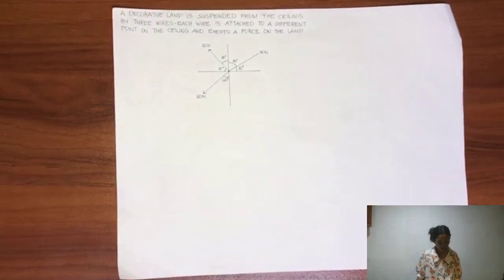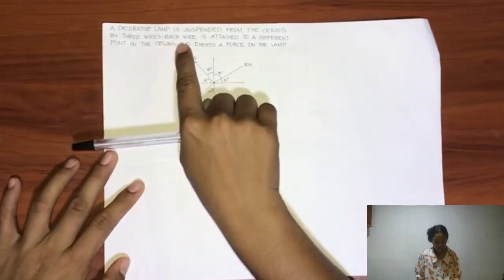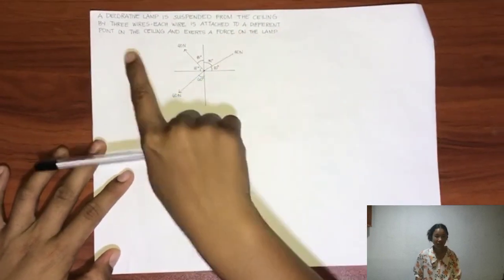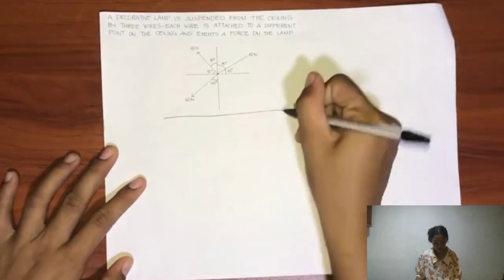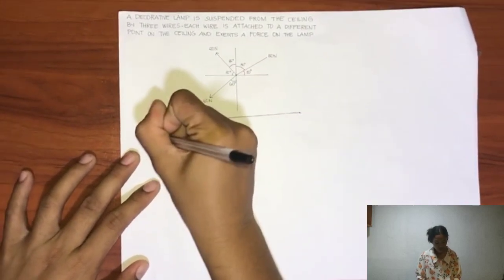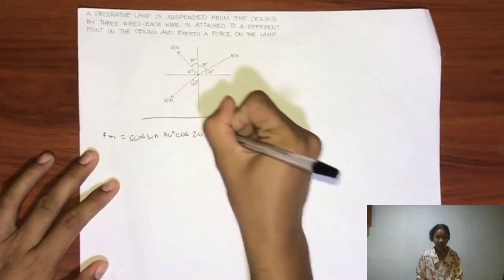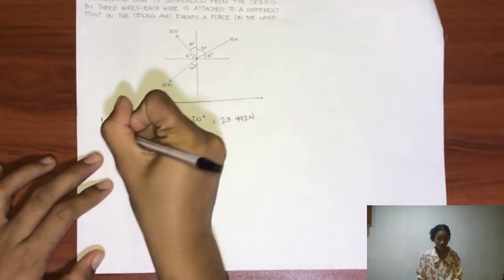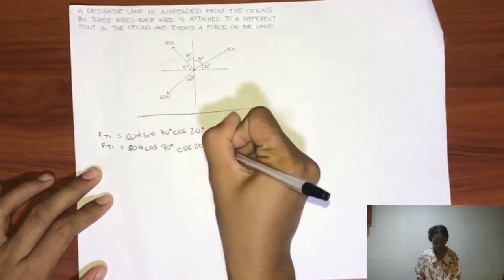The next question is under the concurrent non-coplanar forces. A decorative lamp is suspended from the ceiling by 3 wires. Each wire is attached to a different point on the ceiling and exerts a force on the lamp. So meron tayong ginawang diagram, horizontal and vertical. So Fx1 is equals to 15 Newton sin 30 degree cos 20 degree is equals to 23.492 Newton. And ang ating Fy1 is equals to 15 Newton cos 30 degree cos 20 degree plus 15 Newton sin 20 degree is equals to